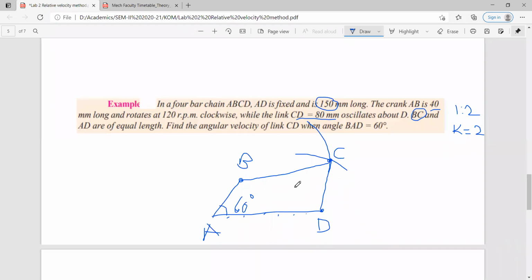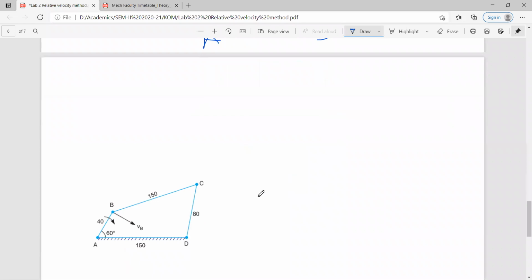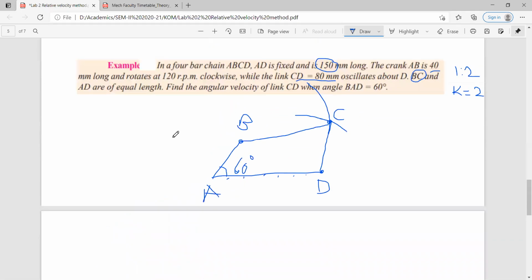So you will draw it like this. So you will get this diagram, which is known as configuration diagram. Okay. Now let us do the analysis with the help of relative velocity method. So first of all, what is given to us? Which information is given to us? Let us see